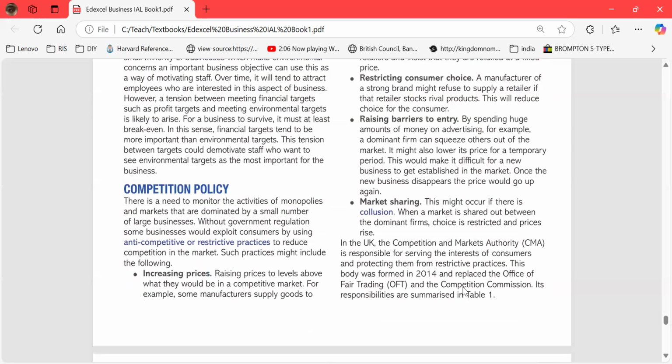Next, there is competition policy. It's another law. Government loves competition because competition in general reduces the price of goods and services. It increases the quality of goods and services, and also people have access to lots of variety and choices. All of this leads to a better living standard. So the government loves to have competition in the economy.